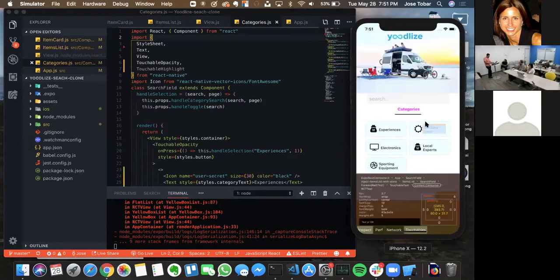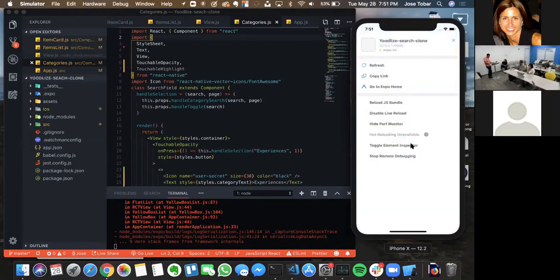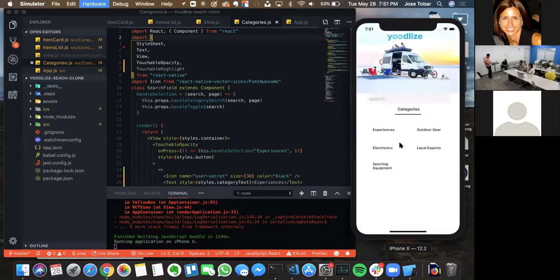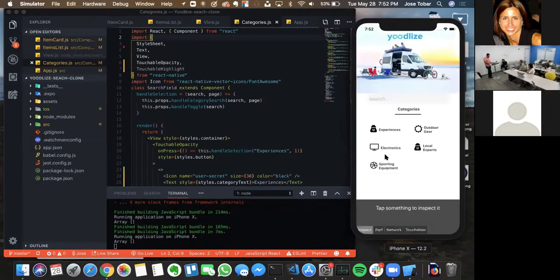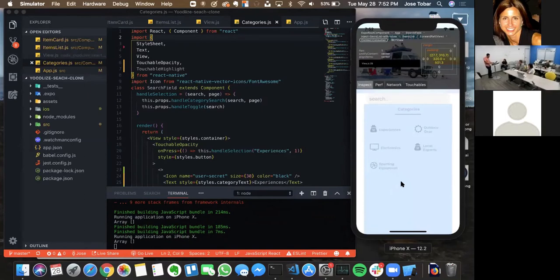But yeah, so if you would play with this too, element inspector or debugging, which is not running for some reason. Do you know why you think it's? I don't know. Let me see what it does. So for the record too, the element inspector is super buggy. I run into problems with it all the time. When I can get it to work, it's nice, but there's times when it just is like, yeah, right,